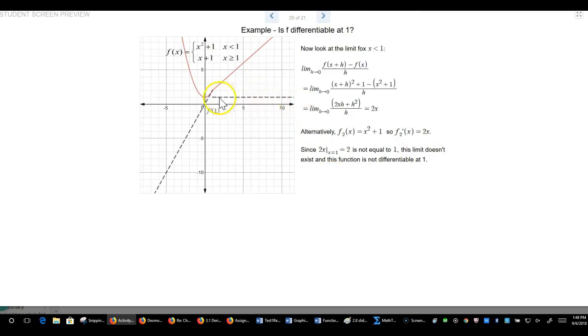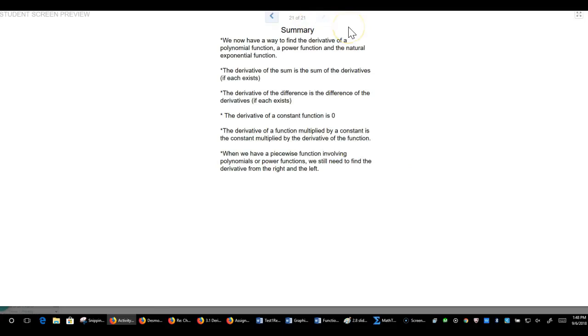And this dashed graph is the graph of the derivative. So in summary, we now have a quick way to find derivatives of polynomial functions, functions involving e to the x, sums and differences, constant multiples, and piecewise functions. We still need to look at both pieces,